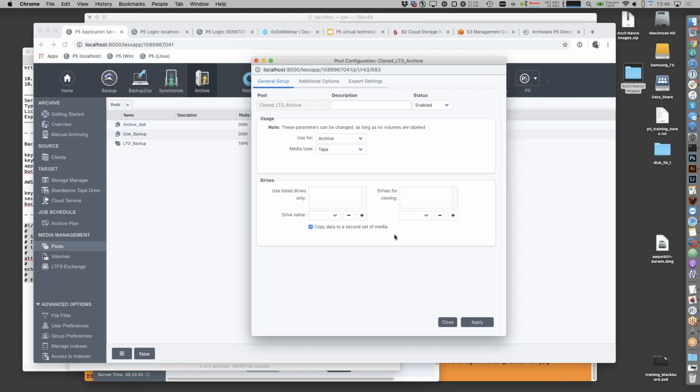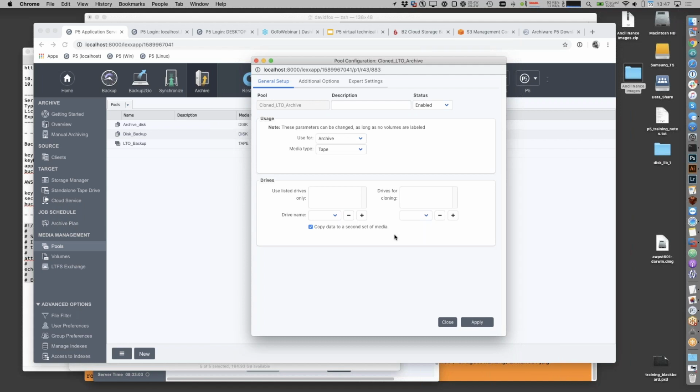So what this means is that you'll end up with two identical tapes. Should one of the tapes become damaged, you can restore from the other good tape, and at any time you can clone and make a new good copy of the tapes. So if you have two tapes and one of them gets worn out from being restored from many times, you can reintroduce the good copy, and then you can make a new,